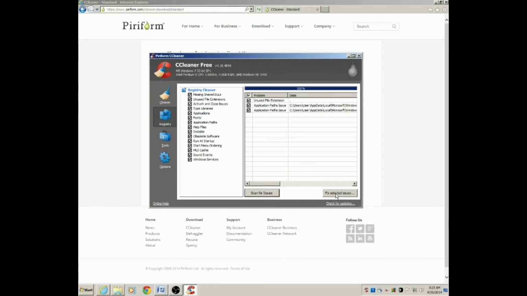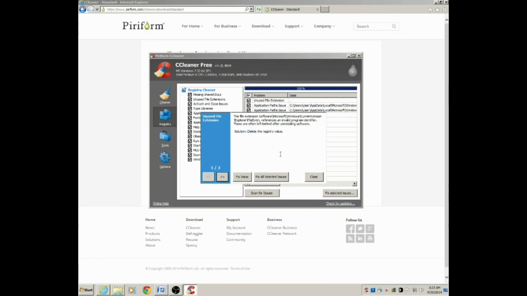You're going to go ahead and choose to fix the selected issues, and this will give you the option to back up the registry if you decide to. I'm fairly certain that these are okay, so I'm not going to worry about backing up the registry, but you can always leave that to your discretion if you decide to do so. I'm going to say no, and we're going to go ahead and click on Fix All Selected Issues,